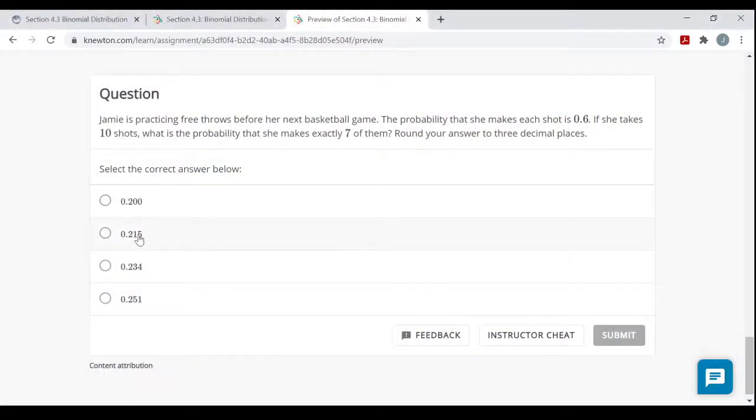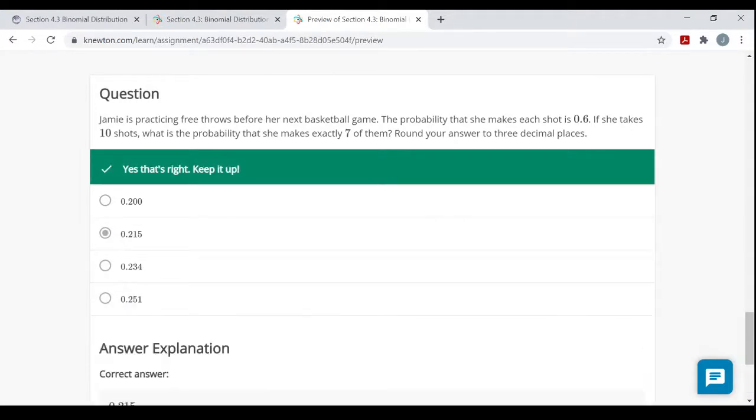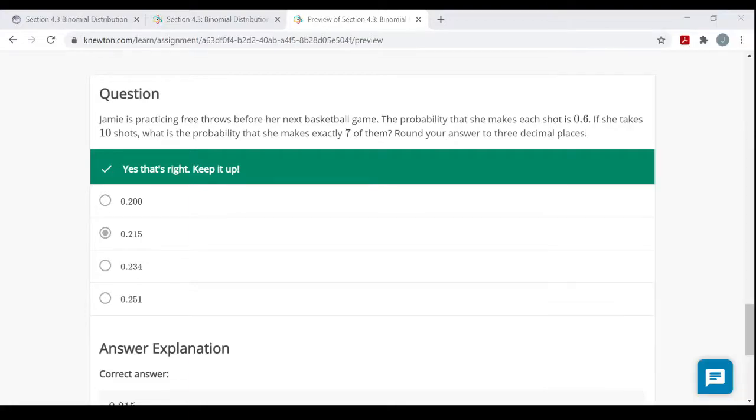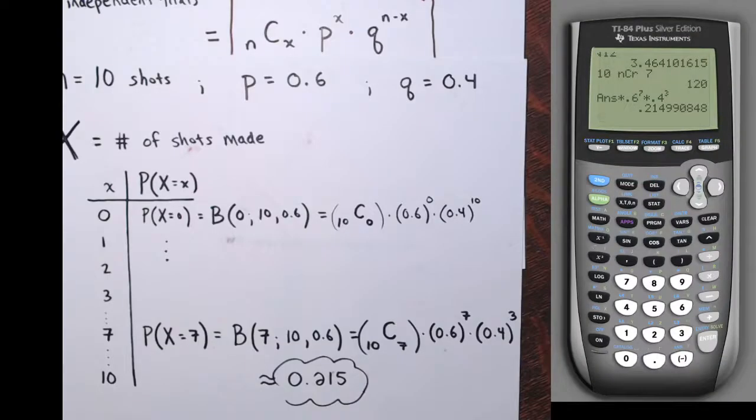0.215. Now, let me show you another way to enter this on your 84 or 83 calculators. Actually, let me go back to the page. All right, so let me clear this out. Now, an alternate way,